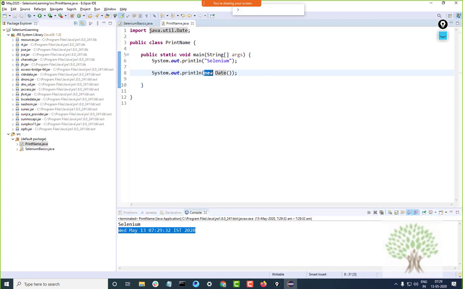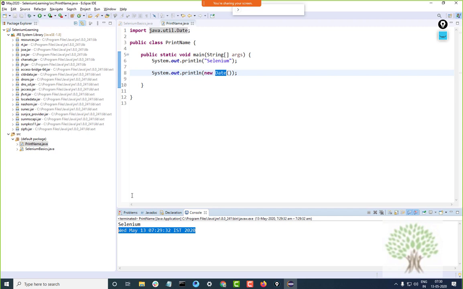What is this new? Don't get confused right now. What is static? I will come to all these things when I start off with object oriented programming. But the motive right now is to make you understand what jars are. In jars you have got predefined functionalities. This Date class is present somewhere inside the jar file, and I am using it to just print the current date and time. I never had to put in an effort to calculate the date and time.